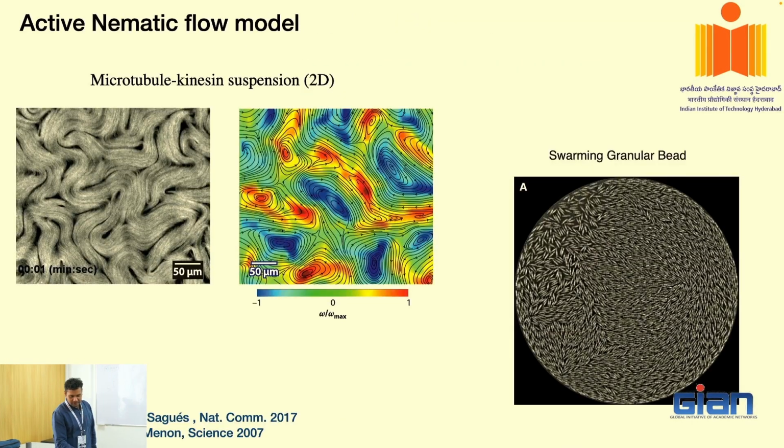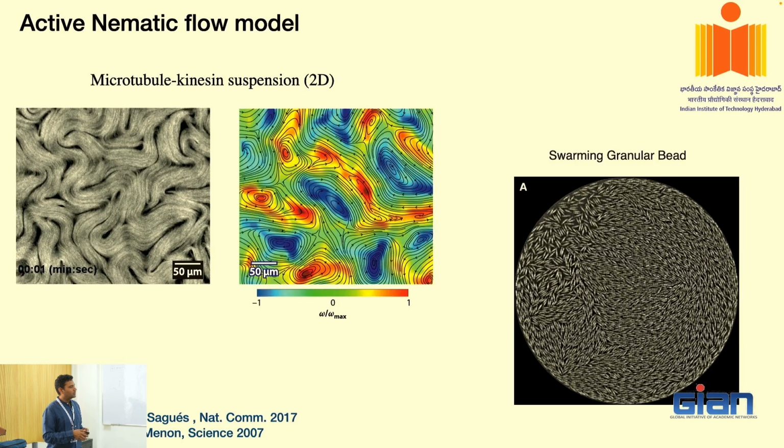Okay. So the next topic is the nematic flow model. What you are seeing here are beads, rods, and they have been kept on a vibrating bed. Basically, what happens if you start to vibrate it? If you think about a rod, if you put it on any surface, it is not active in nature, right? It will not move. But if you start to shake it, you will see that it is going to move around, because energy is being transferred through friction. Either you vibrate vertically or horizontally, in that way it is going to transfer energy.